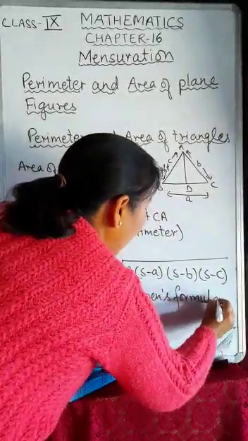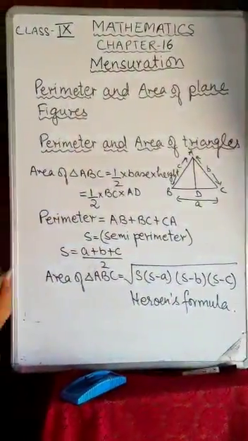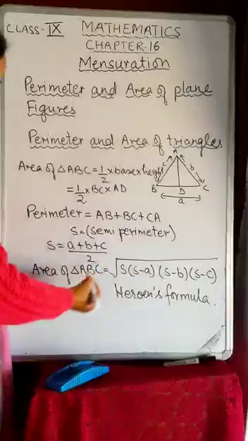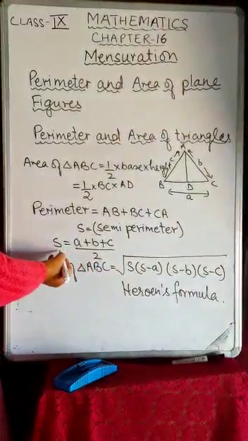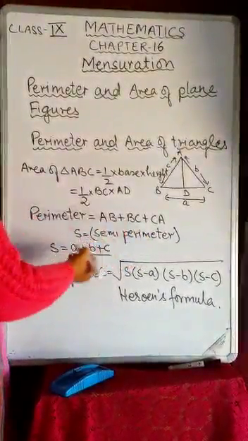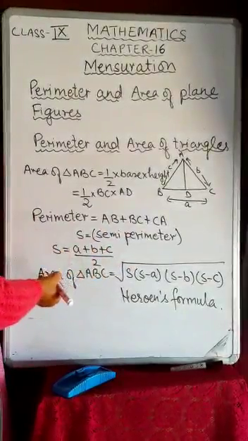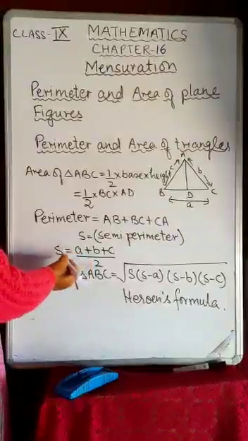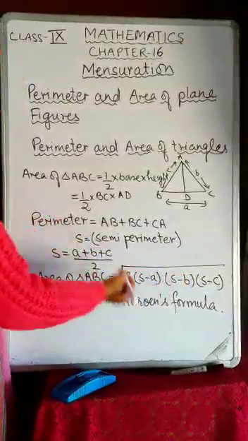Right, children? When the lengths of three sides are given and you have to find the area, then you will use this formula. First of all, you have to find the value of S, that is the semi-perimeter. Adding all the three sides and dividing by 2, you will get S, and then you will put the values in this formula and get the value of